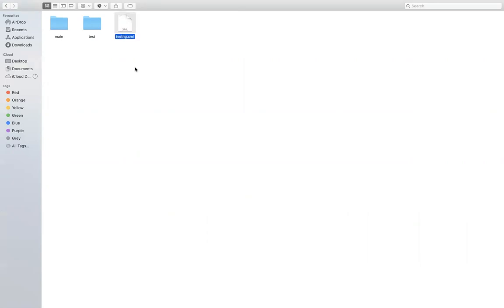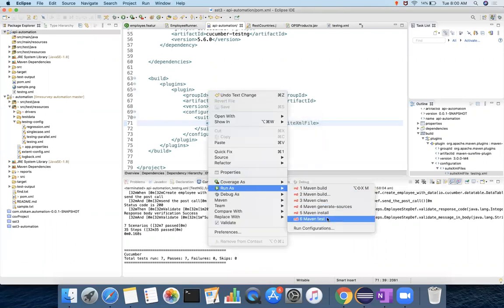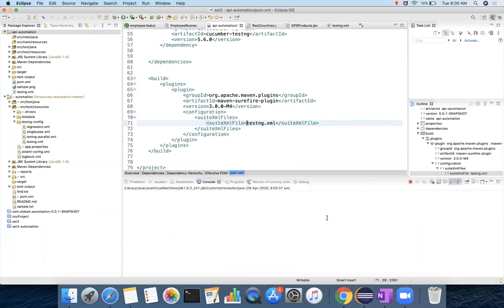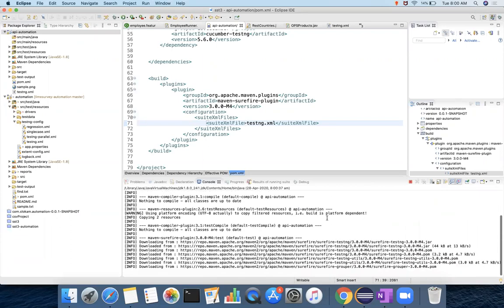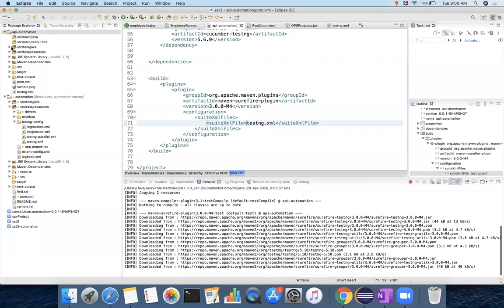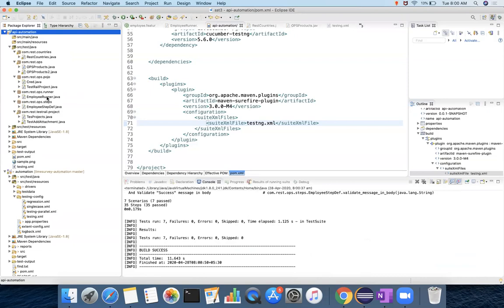Now I can copy that back here. Now I'll run it once. Right click, run as Maven test. Now the behavior has been changed. Previously the test was executed, right? Now it's not that the test class, this test trail project, is executing. Now employee runner is executing.